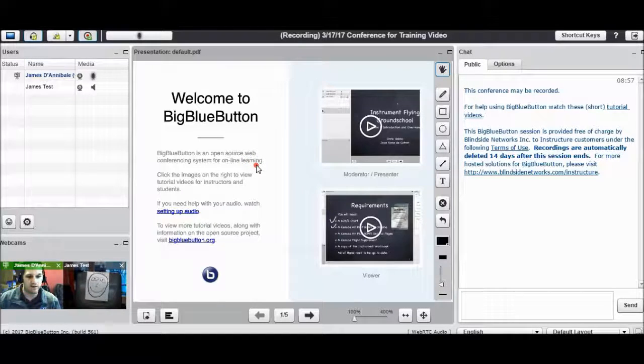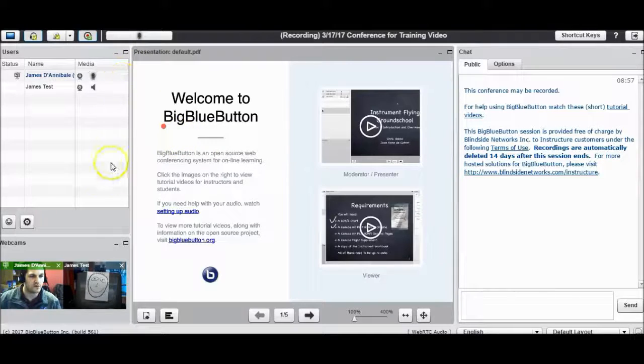The next thing I want to show you is the user list here. As you can see, my student James Test has joined. And when I put my mouse over his name, this icon appears. I can make James Test the presenter. What that does is it gives him the ability to add a presentation to the middle screen. It gives him the ability to change the layout. And he really runs the show of the